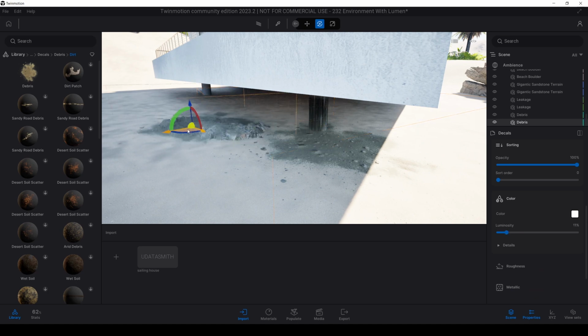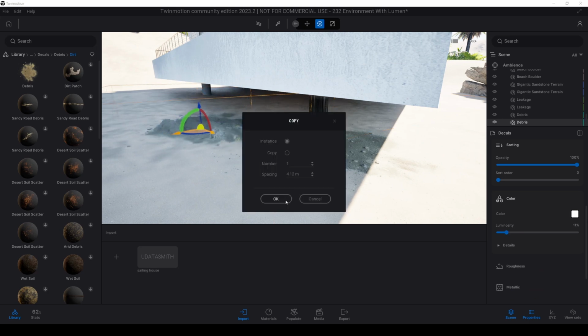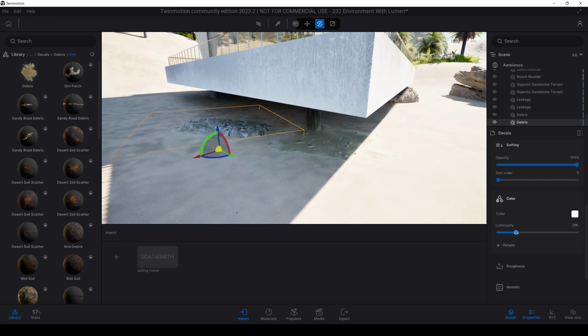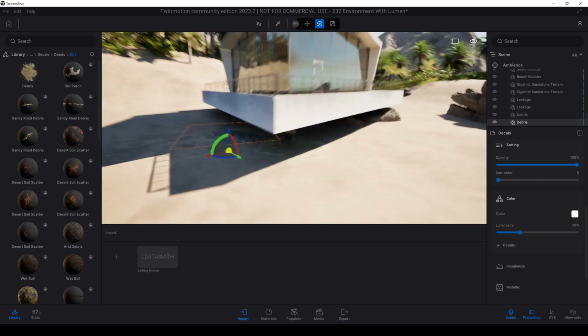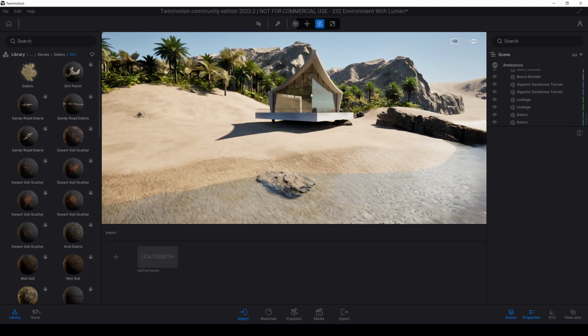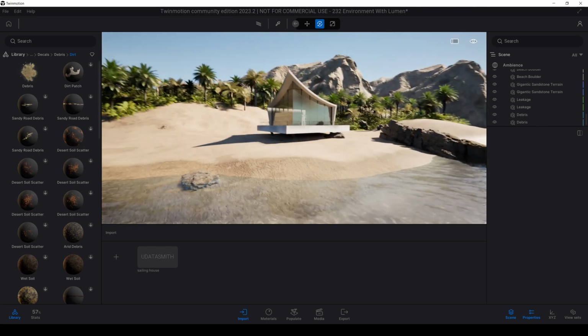And copy to here. Actually, they are not visible, but anyway, we've learned how to place it.